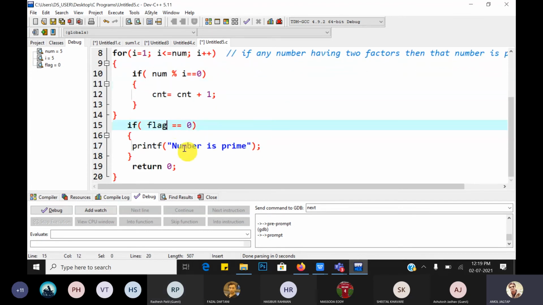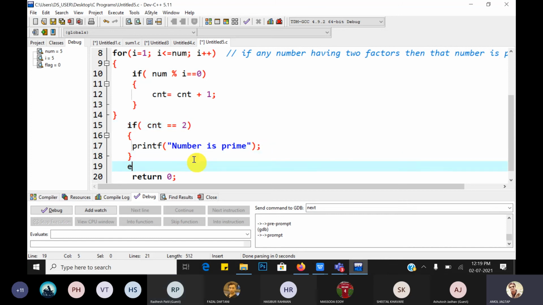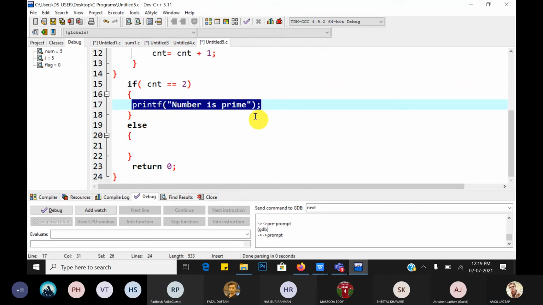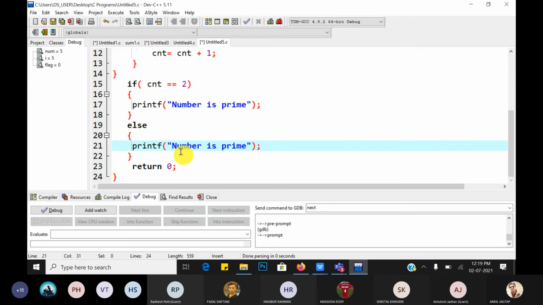If the count is exactly 2, then that number is prime. Else, print the number is not prime.